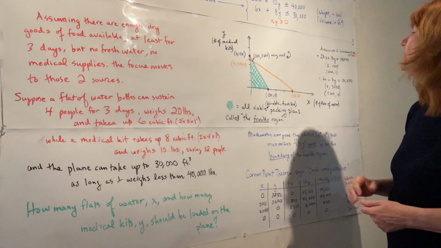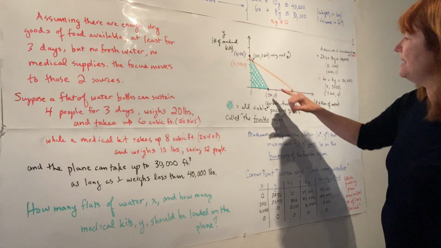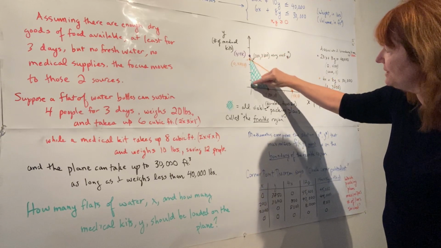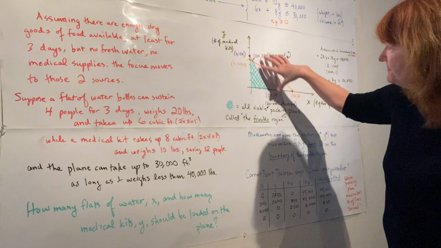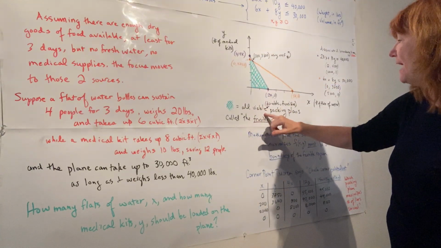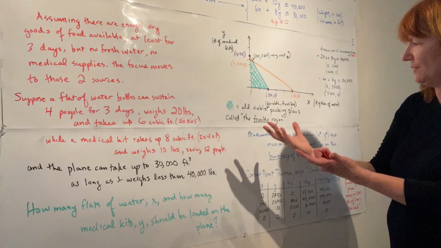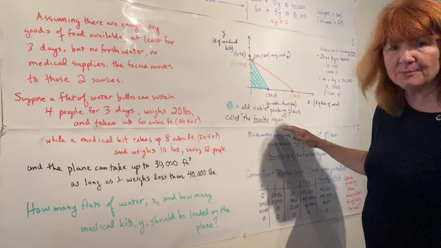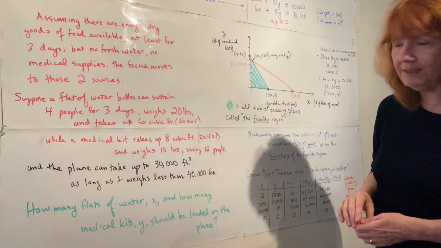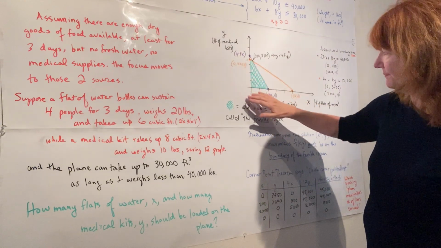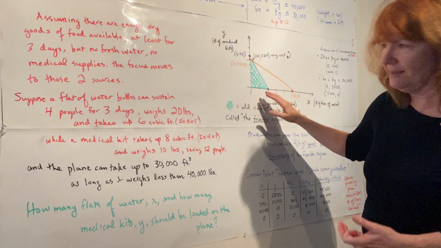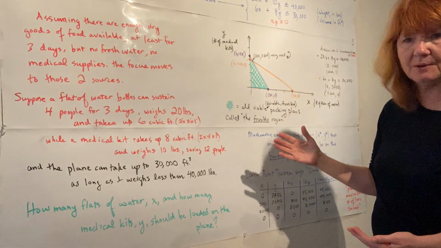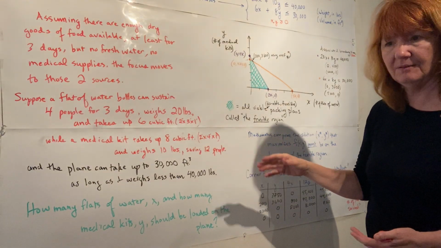Now, that point there is a corner point, we say, of the region of feasible solutions. And so I've colored in green here all the viable packing plans, the doable ones, the feasible ones. For every linear programming problem, there is a feasible region. If you're talking 7.3, this feasible region is usually some polygon in the plane, okay, a solid polygon. So all these points in green here are possible ways to pack the plane that